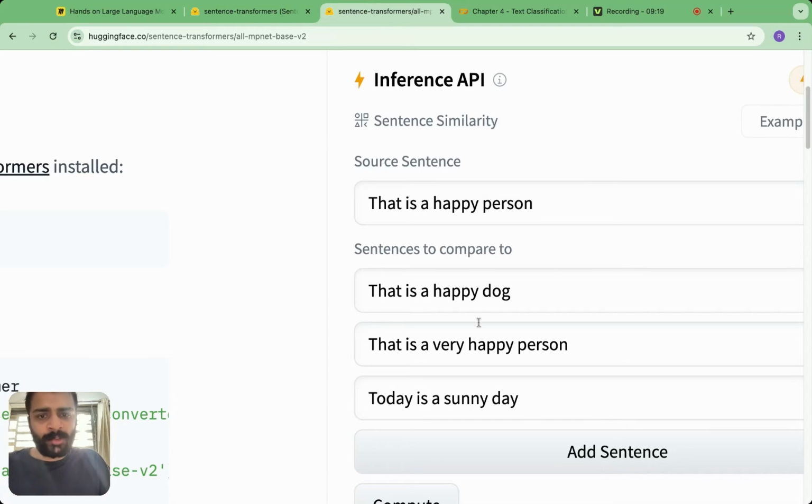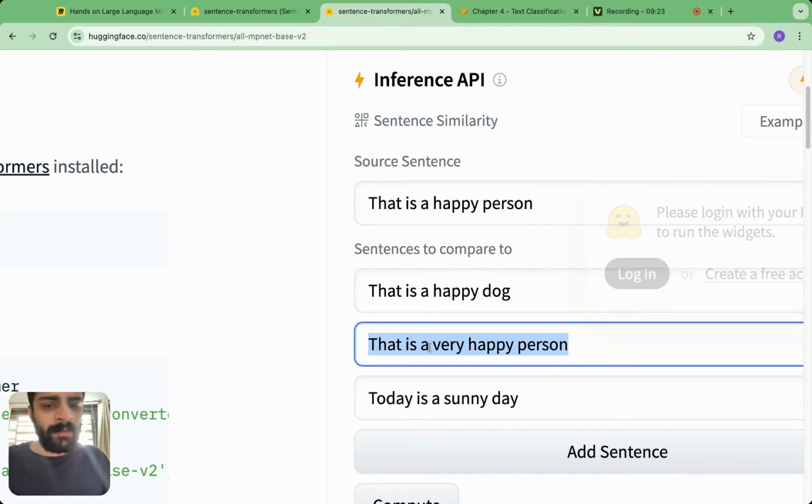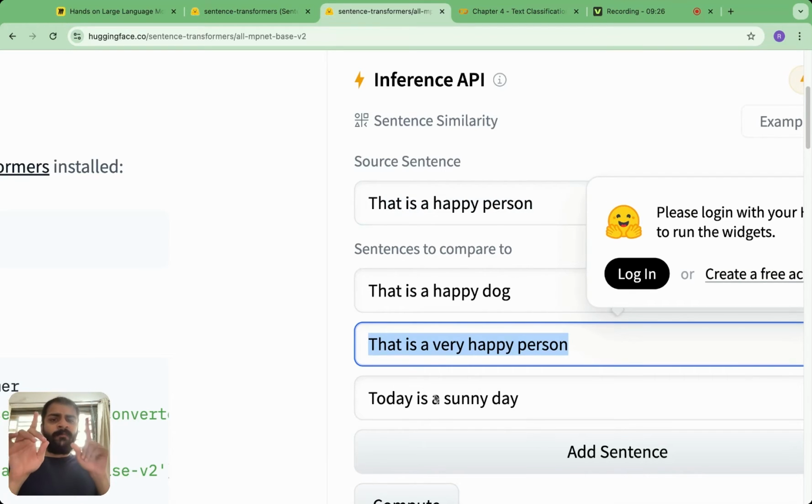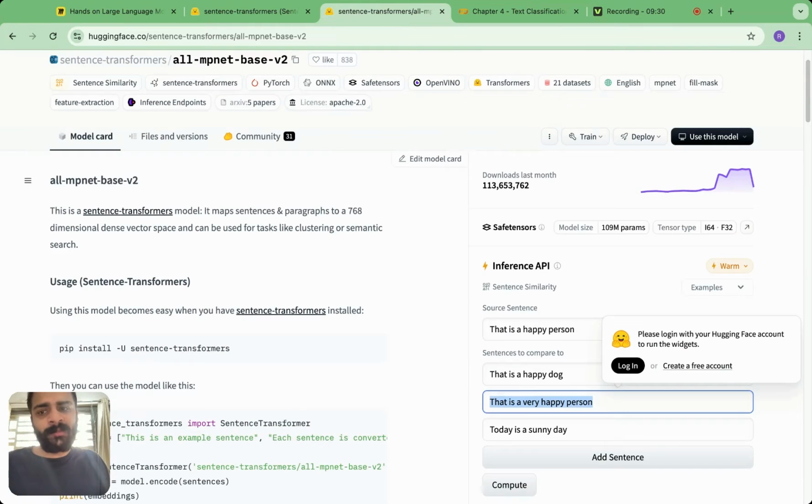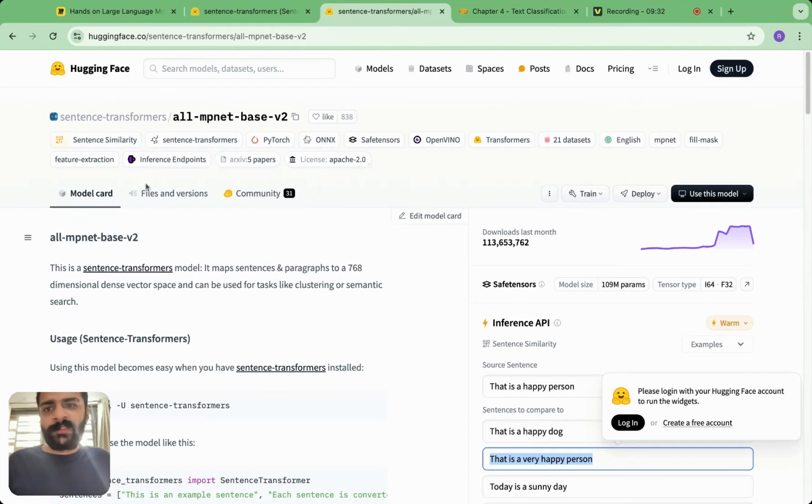similar to each other. So all of these vectors here, that is a happy person, that is a happy dog, that is a very happy person, today is a sunny day, will be vectors which have short distances between them, short vectorial distances between them. That's the power of this all-MPNet-base-v2 model. It's a sentence transformer, which means it maps sentences into vectorial embedding space, or into vector embeddings. And these vector embeddings are not random, they capture meaning. So we are going to use this as our embedding model, and then we are going to connect it to